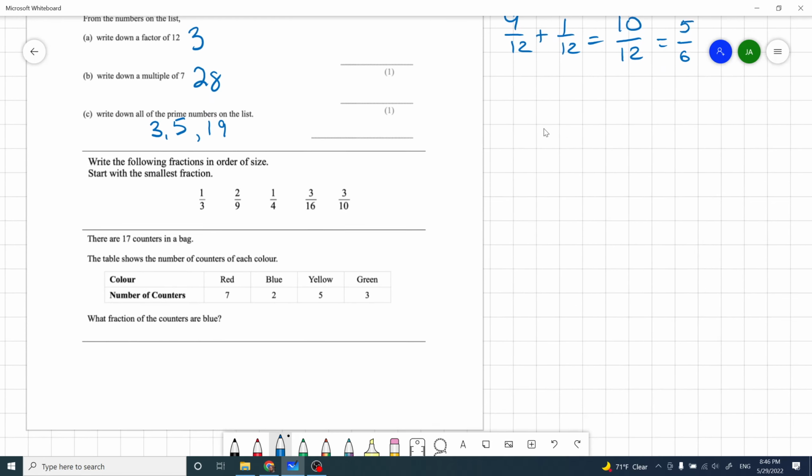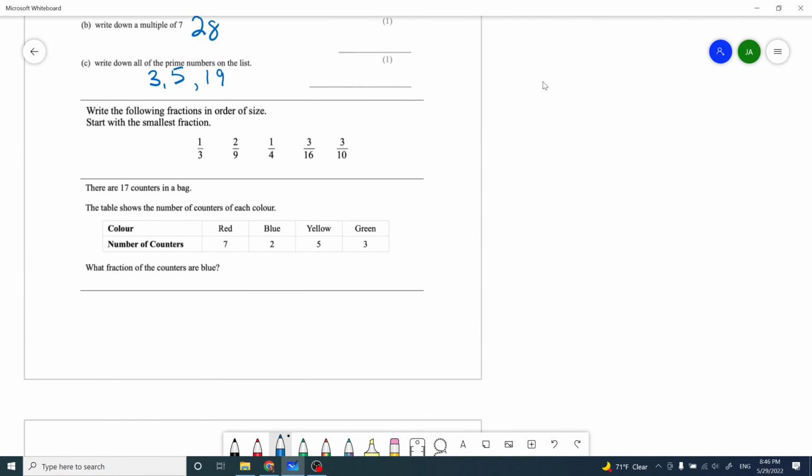Let's move down the sheet. We need to write the following fractions in order of size, starting with the smallest fraction. We can do this 2 ways: we could either find common denominators, or we could think of them as decimals. Here, I'm going to suggest the decimal method because it might be a little bit easier for us. Going through 1/3, if I want to write this as a decimal, I'm hoping we all remember